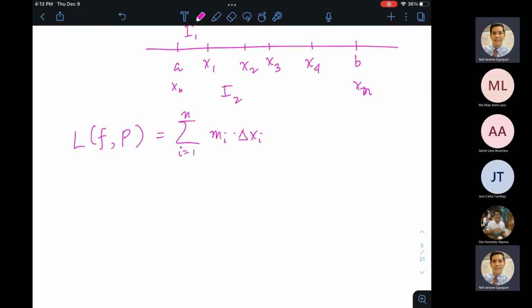All right? And that is in contrast to the upper Riemann sum of f relative to a partition inducer P. So dito naman, kinukuha pa rin natin yung sum ng mga areas, pero yung ginagamit kong height para sa bawat rectangle ay si capital M sub j, which will stand for the suprema of the function values over each of the subintervals. So pipiliin ko sa subinterval I sub j, okay? Sa pagitan ni x sub j minus 1 at ni x sub j, ano yung pinakamalaking function value? Yun yung gagamitin kong height ng rectangle na ipapang-approximate ko sa area ng region bounded by the function over that subinterval.